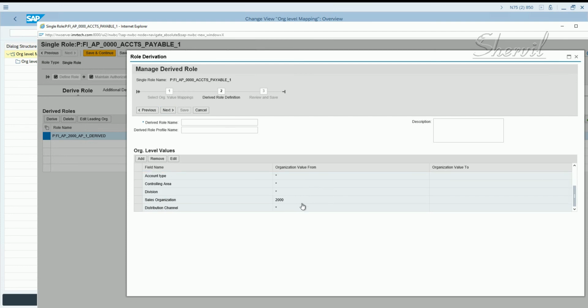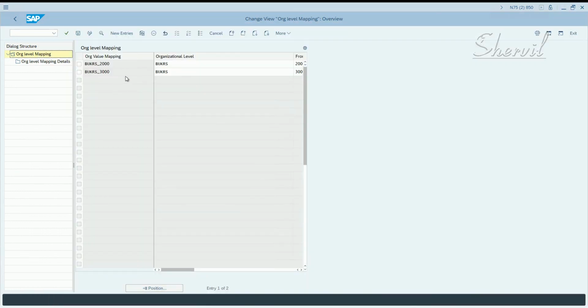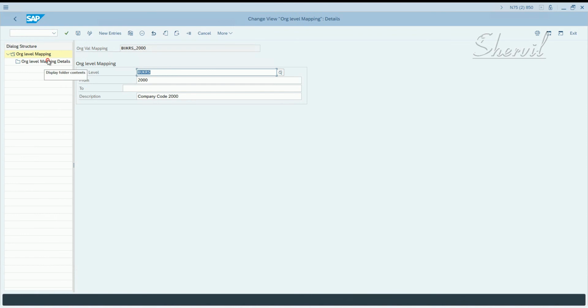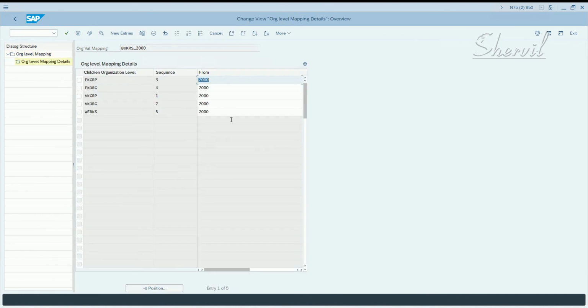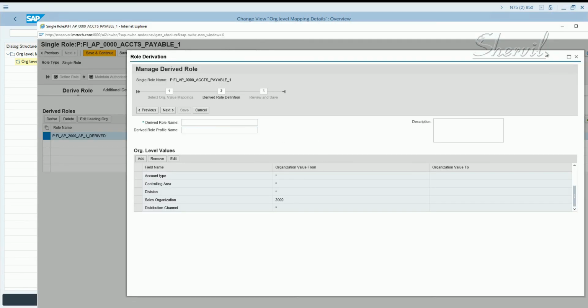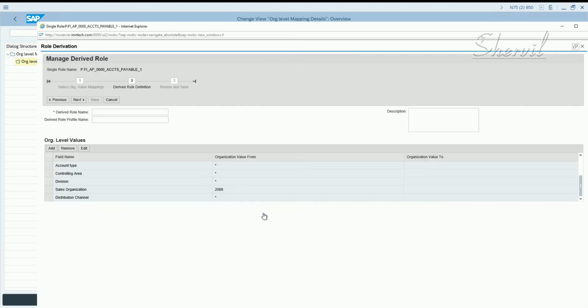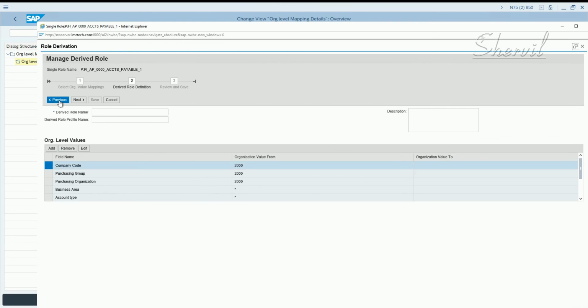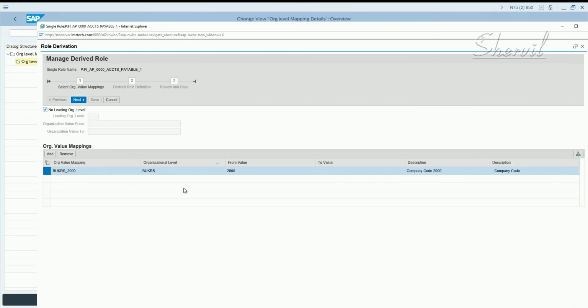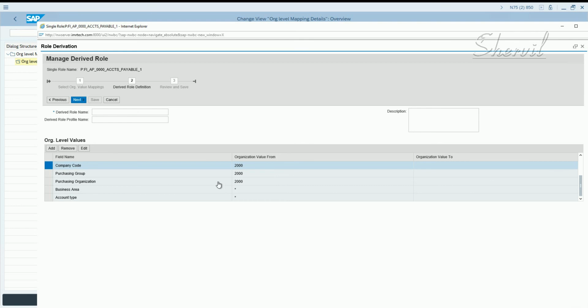So if you have defined your org structure and the org mapping properly, you can give the values in the IMG and the SPRO configuration itself, and the system will pick those values. Go back previous, next. So this is what you get, because those are the values we maintained.